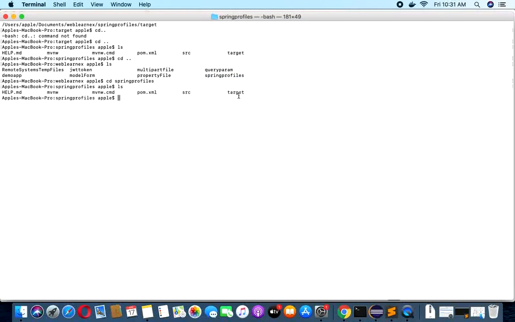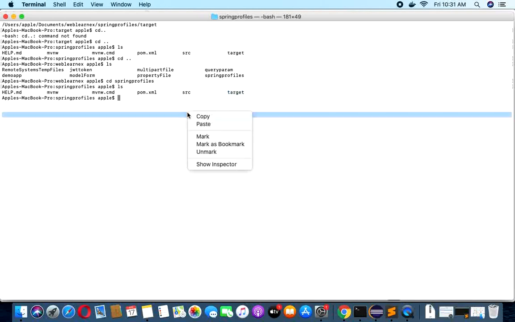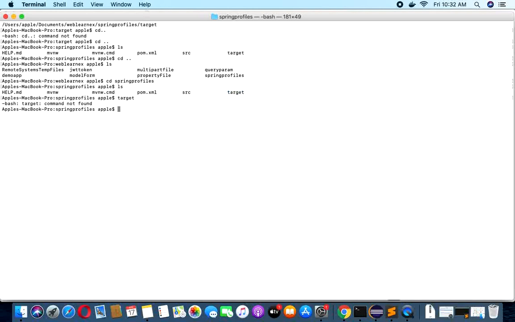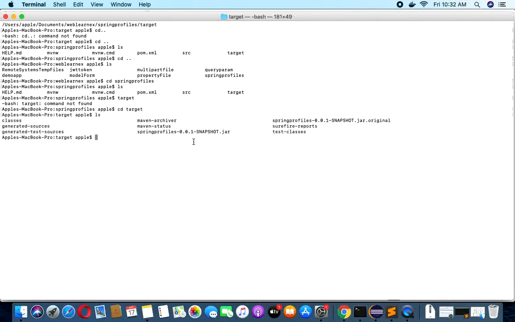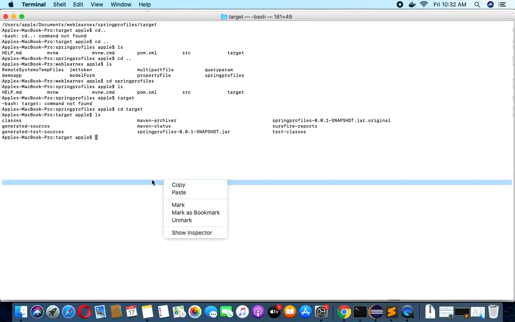You can see here there is one target folder, and in the target folder there is one jar file. This jar is created using this profile. So how to run this?